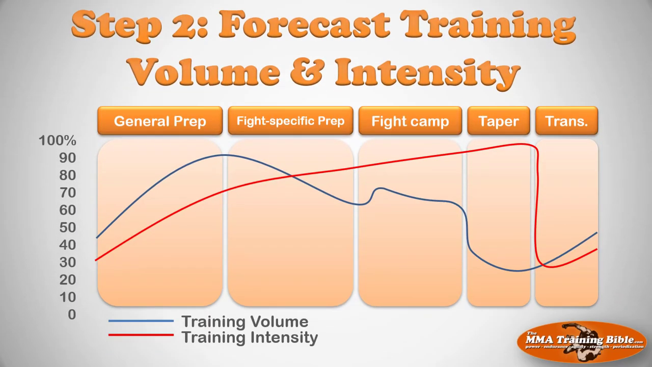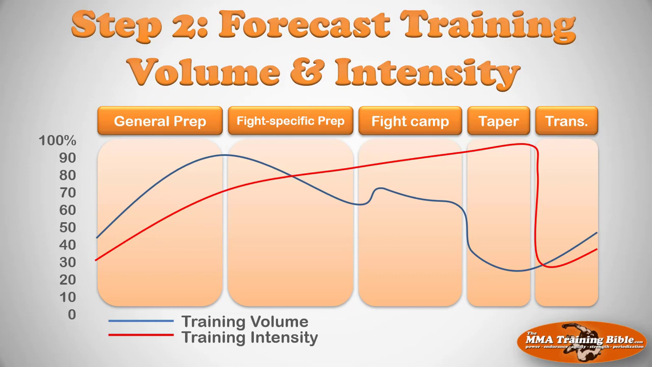Okay, so let's have a look at step 2, forecasting training volume and intensity across the fight plan. In this figure, you're going to see 2 lines. The red one represents training intensity, and the blue one represents training volume. In the longer plans, where there is a general preparatory phase, intensity starts low and builds slowly across the plan. Training volume starts low as well, but it builds higher and higher such that by the end of this phase,